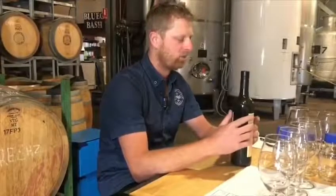When we first made this wine in the first few vintages, it was the other way around. It was Shiraz Cabernet. And it wasn't until we blended together the 2012 vintage from memory that we decided to flip those varieties around, and since then this wine has always been Cabernet Shiraz. It purely happened when Nick and I were looking at blends on the bench, just like we're going to do this afternoon, and deciding which blend is the best wine. And the best wine on the day was a Cabernet Shiraz blend over a Shiraz Cabernet blend,